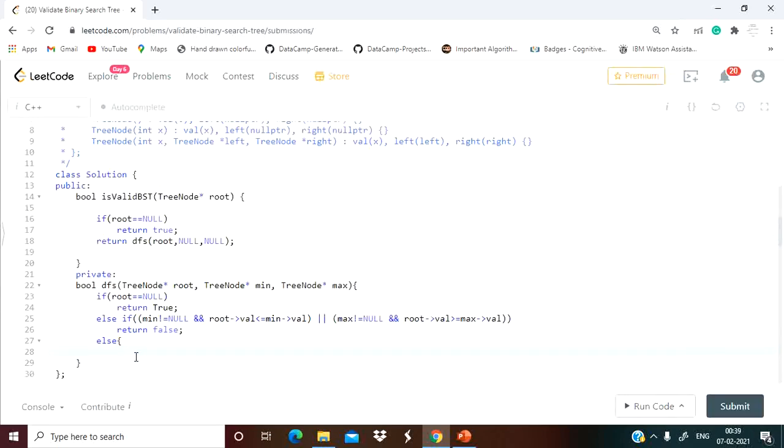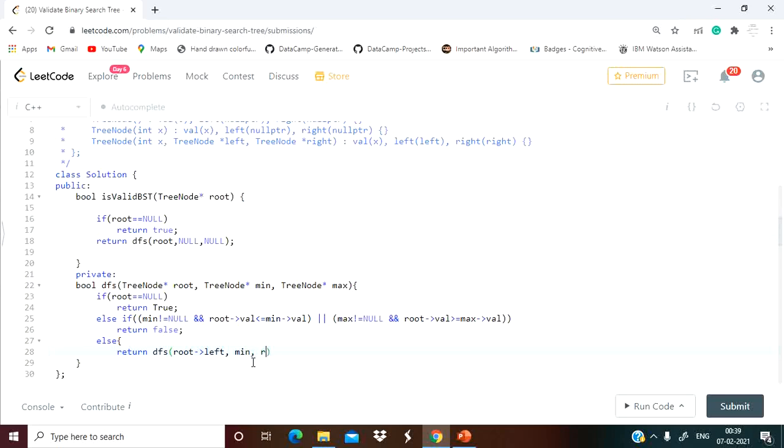So even if this is not the condition, we will simply go through all the remaining nodes, all the remaining child of our binary search tree. So for this we will call our dfs function. So we will move root left child first, and you remember that when we were going through the left child, what value we were updating?